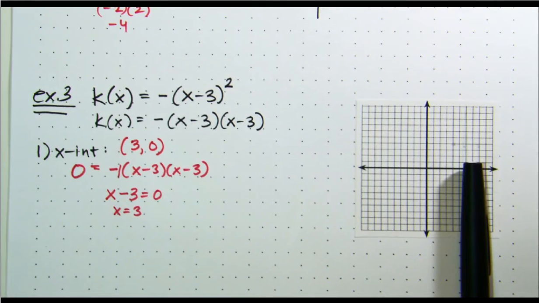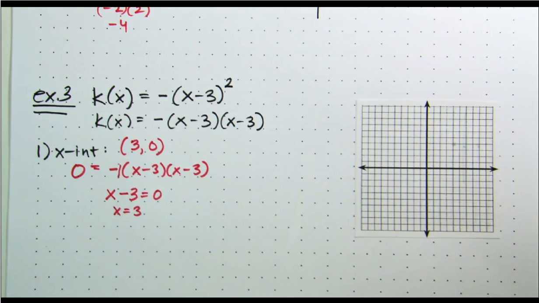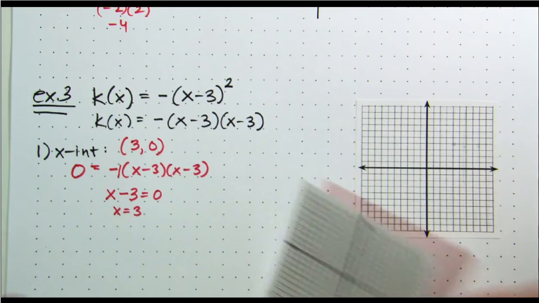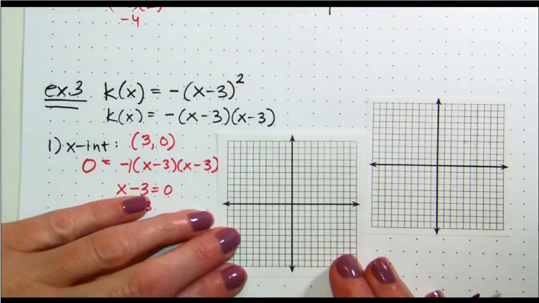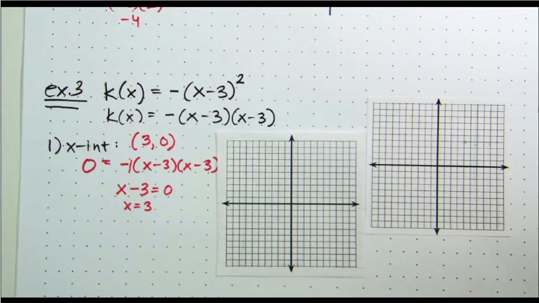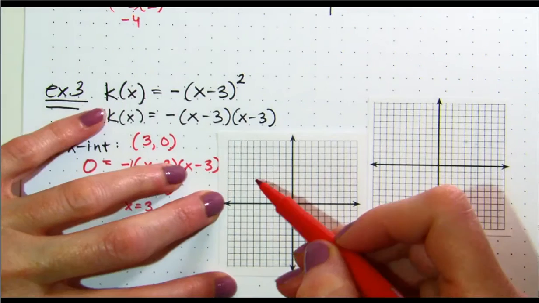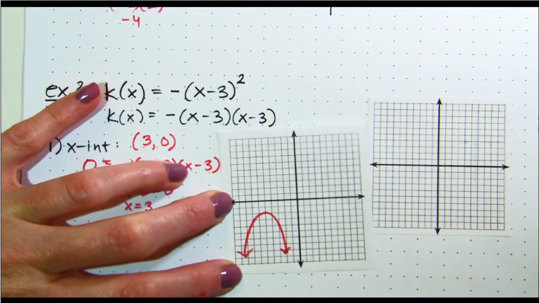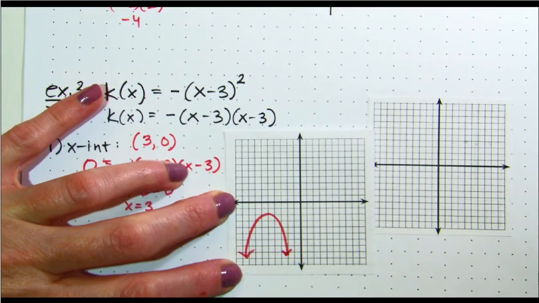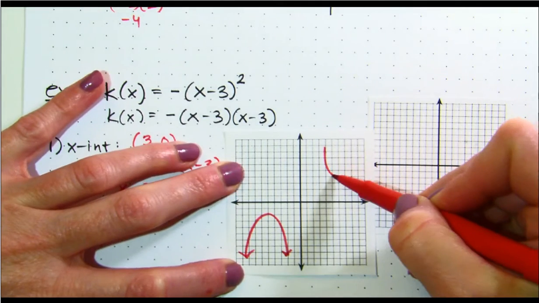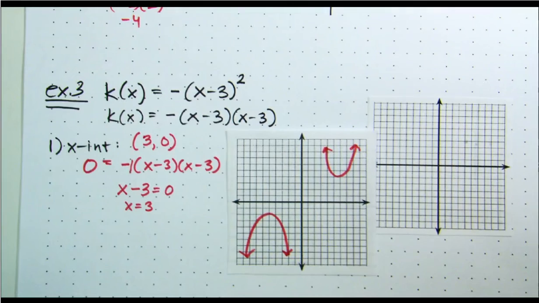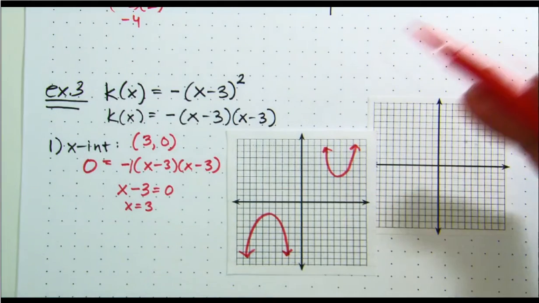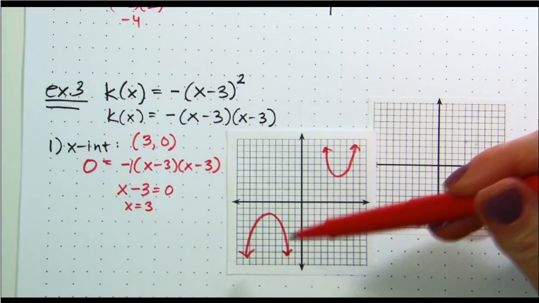Whenever you have one x-intercept, that actually means that it's the vertex. What can happen is you won't always have two x-intercepts. There's a chance that your parabola could go like this, right? If my parabola is here, it's not crossing the x-axis at all, or something up here. That can happen. So if you don't get any x-intercepts, you know that your parabola is not going to pass